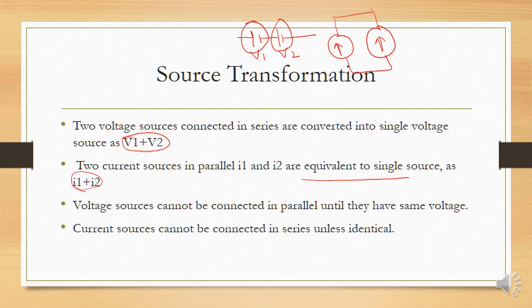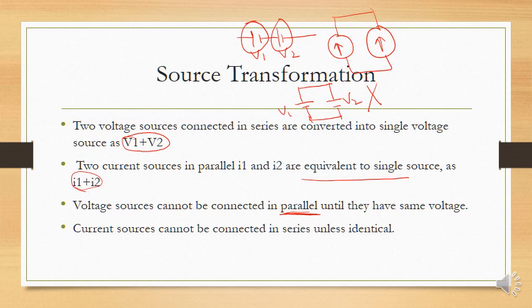Important thing is, if two voltage sources are connected in parallel with each other, what will happen next? What is the parallel rule? Our parallel rule is that we have same voltage in both parallel loops, right? So if this V1 and V2 is equal, then we can connect them in parallel, or we can make a single source from them. But if V1 is different and V2 is different, then it is not possible. It is a wrong decision.